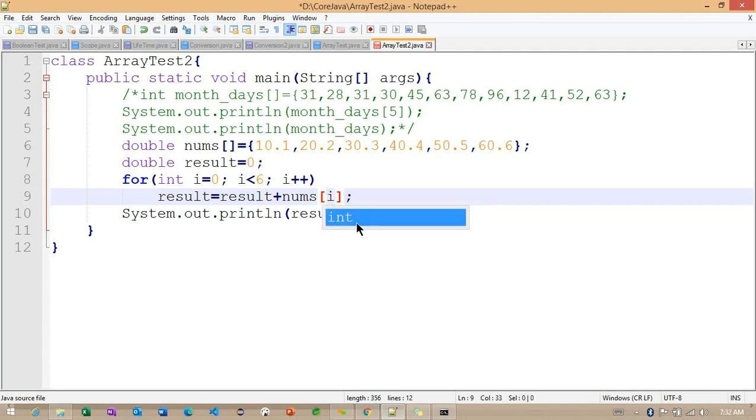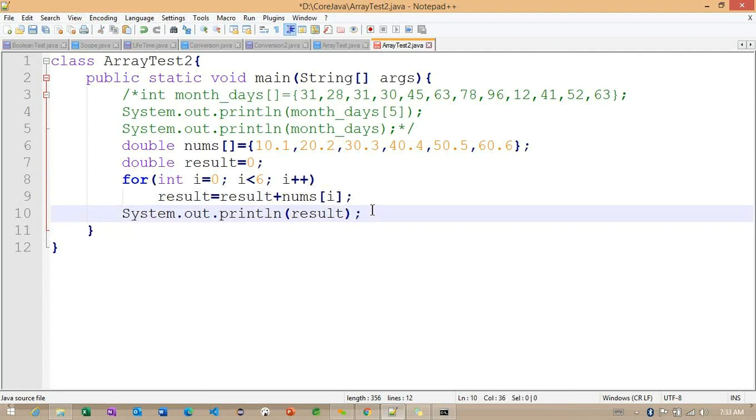So for this, what I'm doing here is checking with the I value. So this particular I is playing as an index number here. This is important, we need to understand here. So based on this particular index number, we are trying to check with the numbers array, and whatever value is stored inside this particular numbers array, the same value we are trying to load here, right? So any questions regarding this particular loop with a double array?